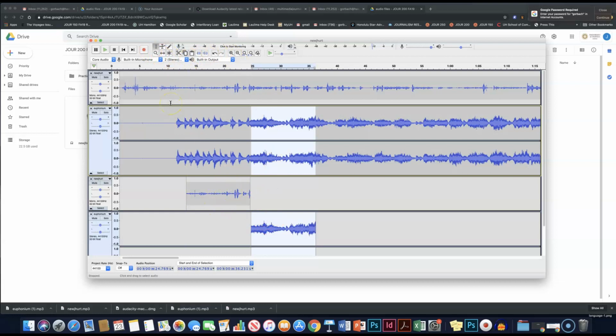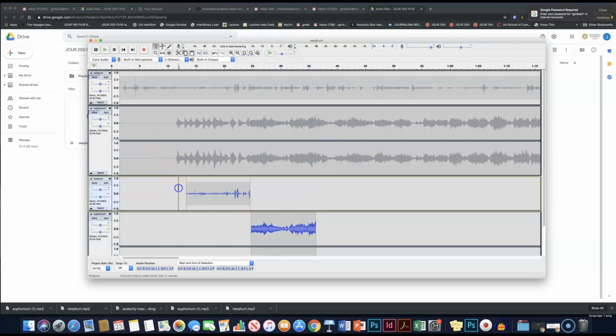So now, when I'm playing everything back to listen to how it sounds, I can mute this track by hitting mute, and I can mute this track by hitting mute. I can move my playhead to here, okay? I did that just by clicking right there. And now if I hit the space bar to play,